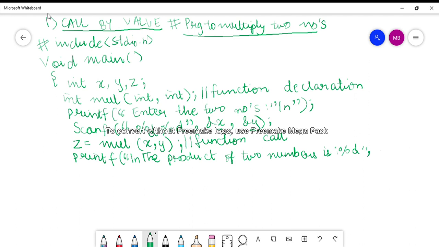From the variable z. So this is the main. Now we come to the function which will perform the multiplication.